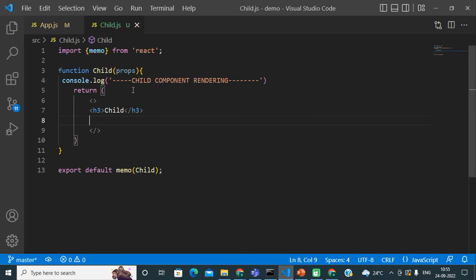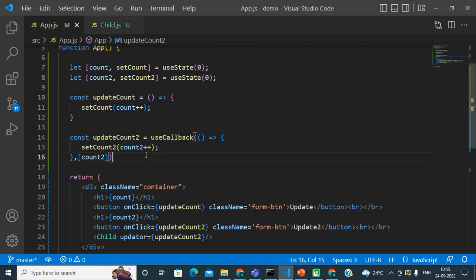So this is the useCallback hook. With the help of the useCallback hook, we enhance our application's performance. We create a memoized version of functions in a React component so that functions will not get recreated at each component re-render. I think I have explained everything to you and shown you practically.